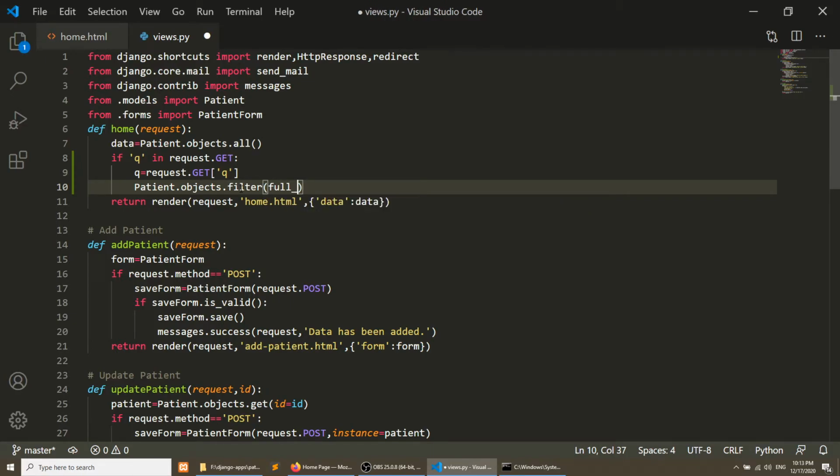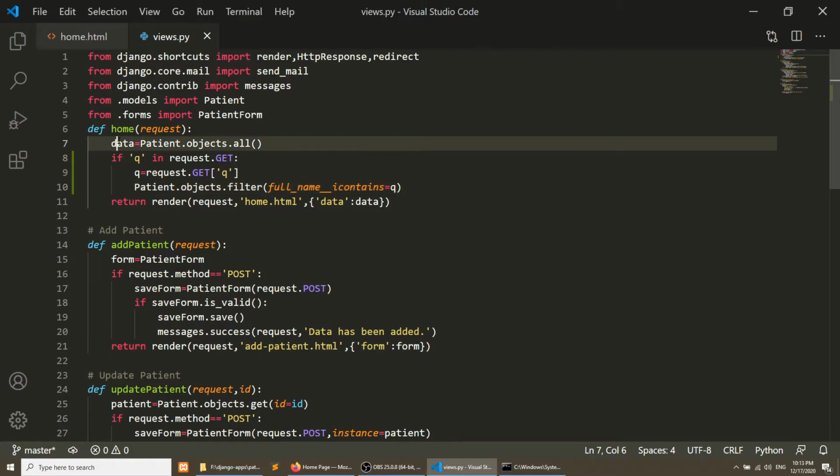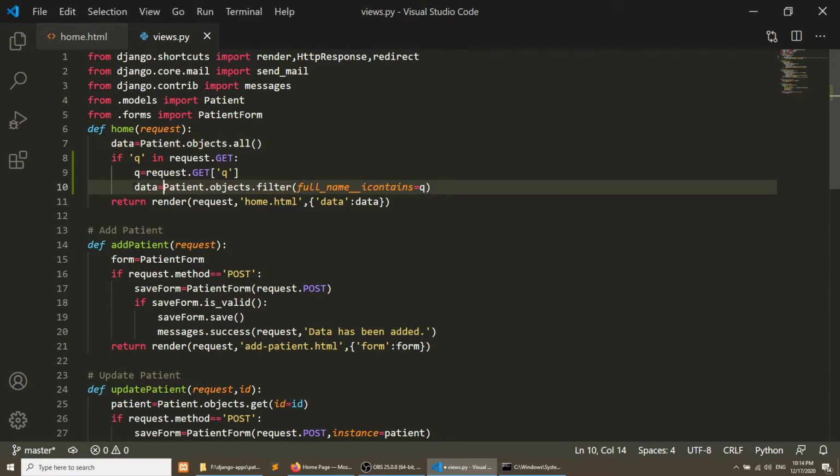So full name icontains, it means not case sensitive. It will search whether it's capital or small. So it will search the full name, and it will get the data. We will put the data here. So now let's check John.